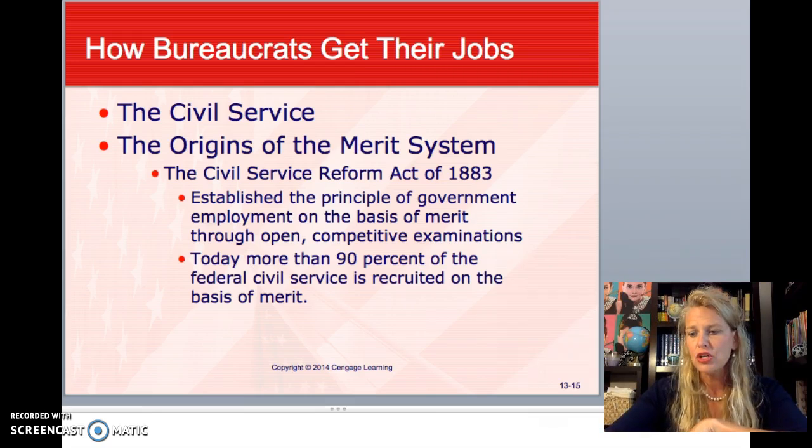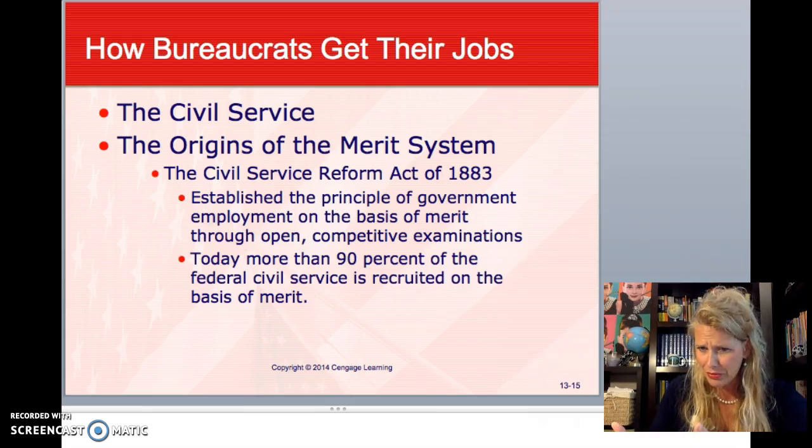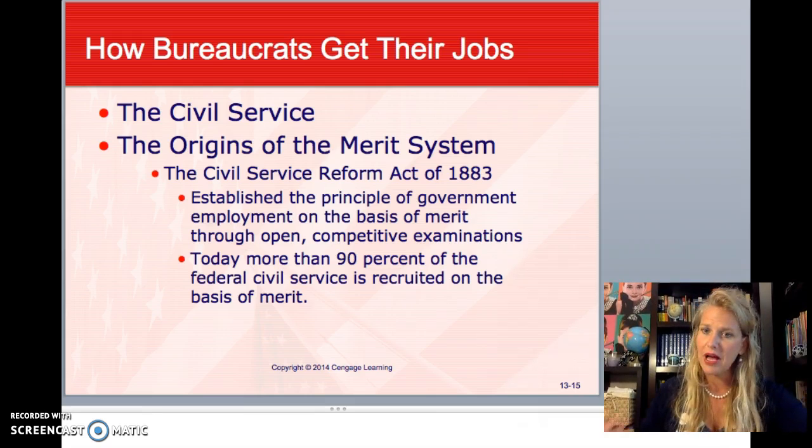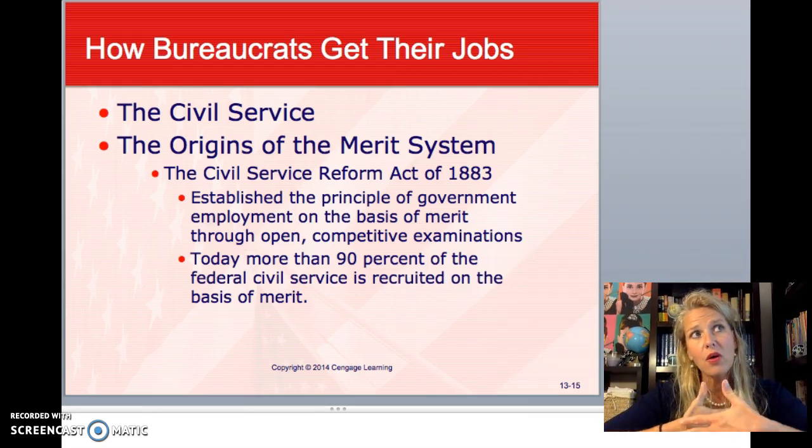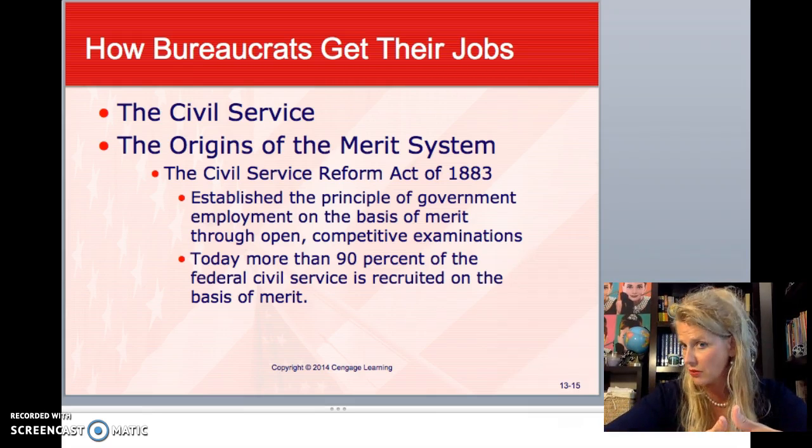I think that you need to have things in place. You can't just put the blame on the government employee. The structure is flawed as well, because people do like rewards. And I will say, as a public school teacher, that was something that I really struggled with, because I always felt like I tried to be a better teacher than I was the year before, but there was no incentive